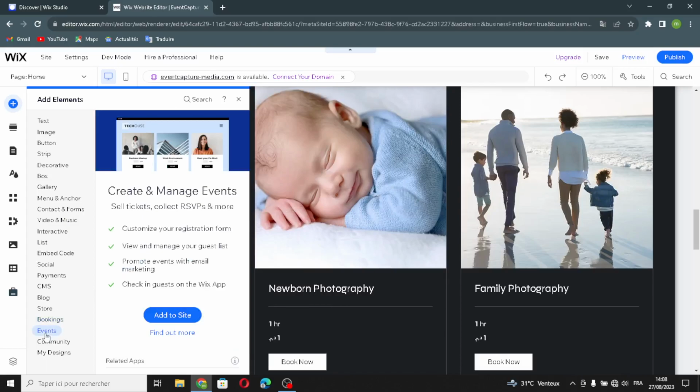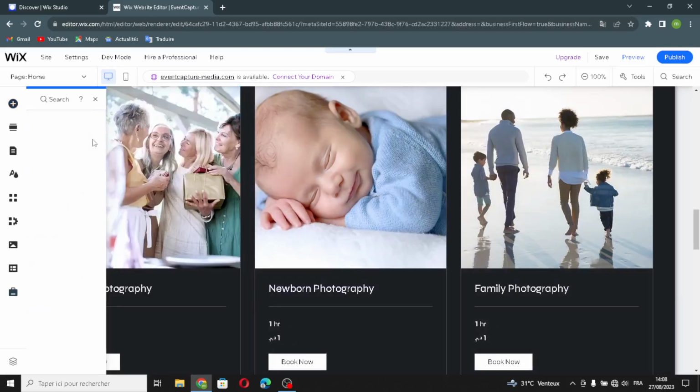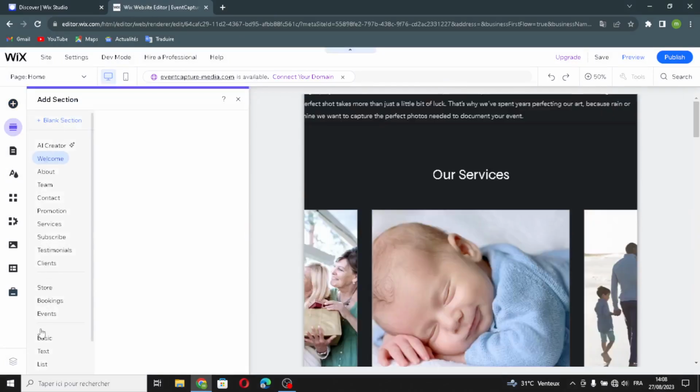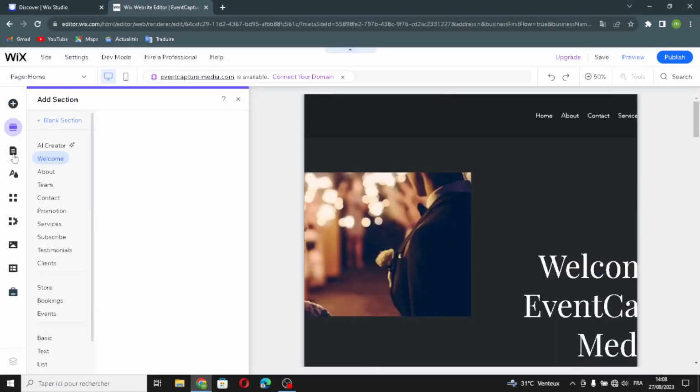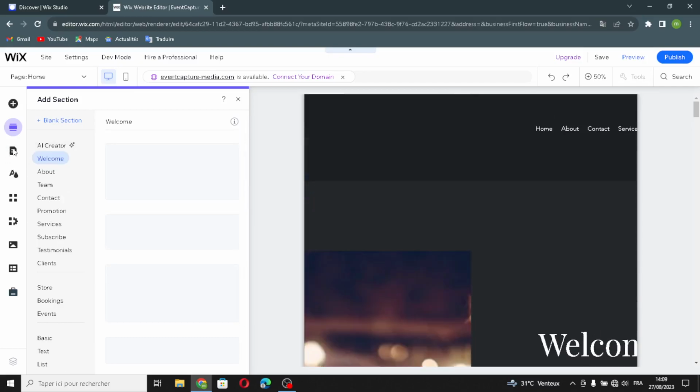Here you find the events if you want to create and manage events. Here the community, and the last is your designs. So that's it. Now let's move on. If you want to add sections, click here, select any section from here you want, and that's it. If you want to add some page and menu, if you want to edit your pages and menus,